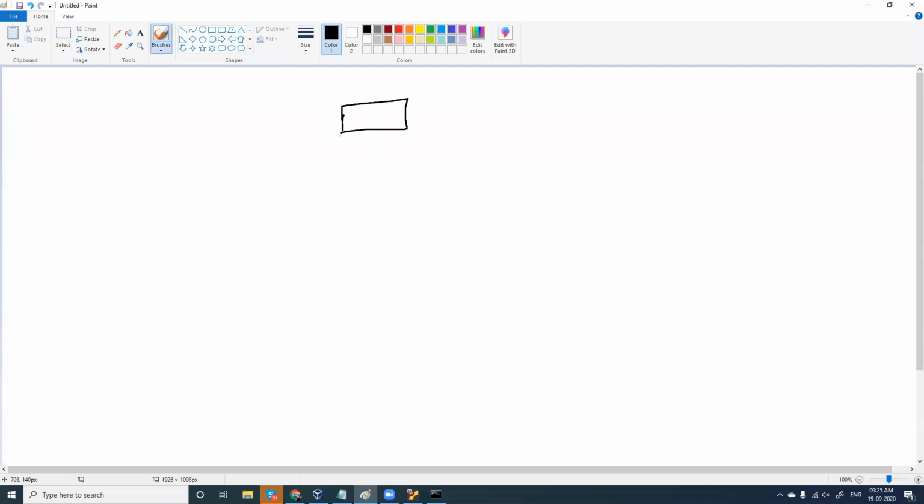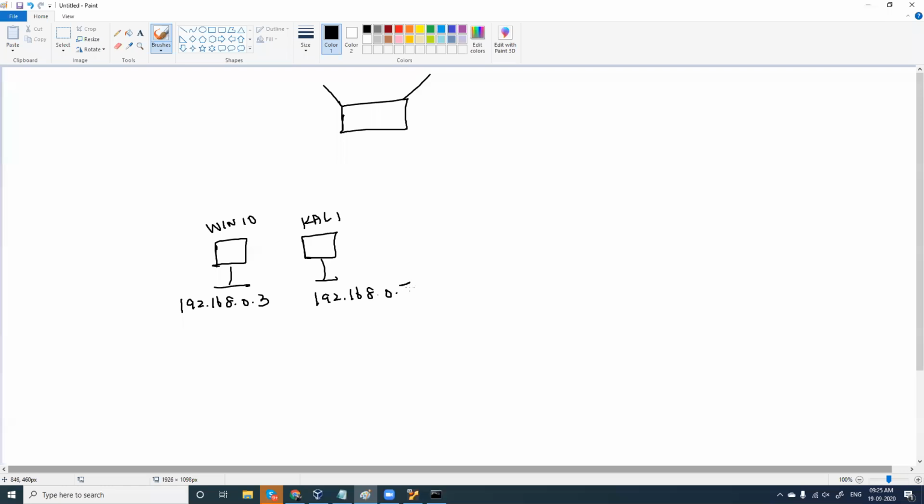Now coming to my architecture here, I have a Wi-Fi modem, and I have my Windows 10 and a Kali Linux here. This IP address is 192.168.0.3, and this is 192.168.0.7.